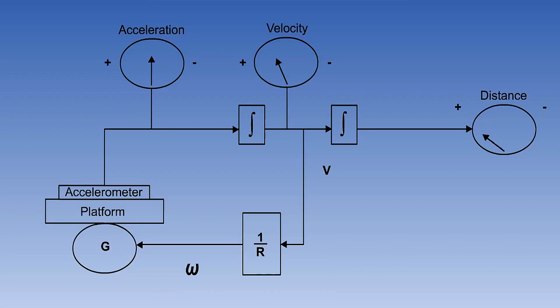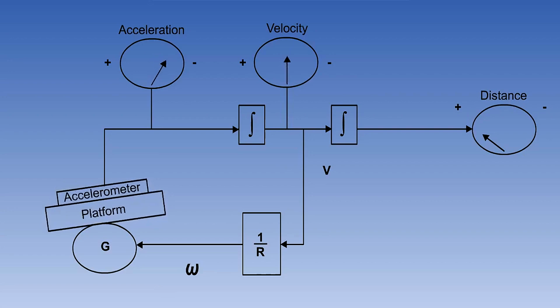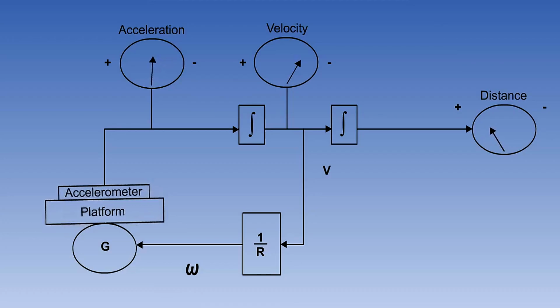However, it hasn't. We have a buildup of velocity. The way that an integrator works is that if you have zero acceleration going in, it doesn't mean that you have zero velocity going out. It means that you have zero change of velocity. Therefore, the velocity continues to be passed to the second stage integrator and to the position display, displacing the position further. And it also continues to be passed back along the V over R loop, thereby rotating the platform as far over in the opposite sense as it was at the start.